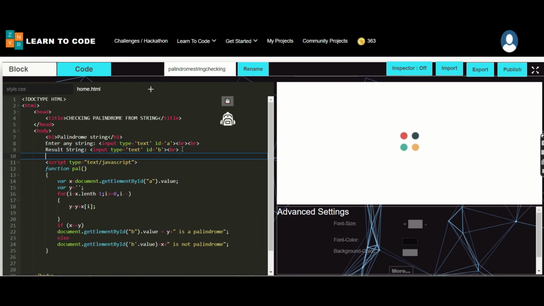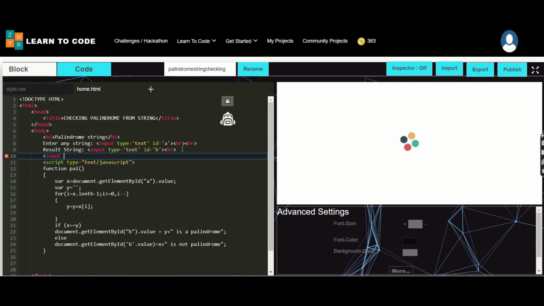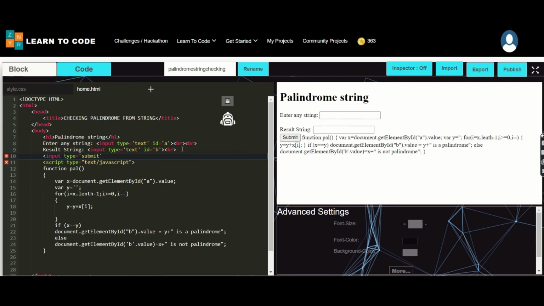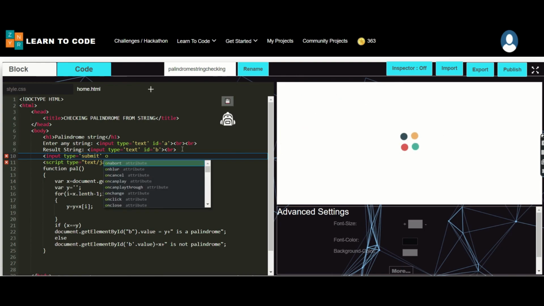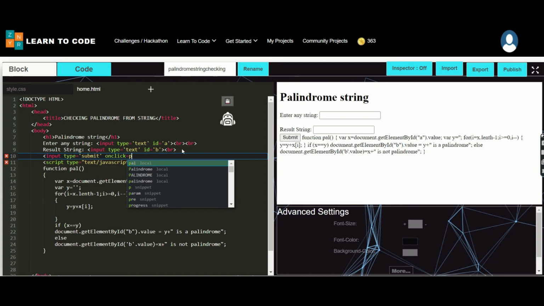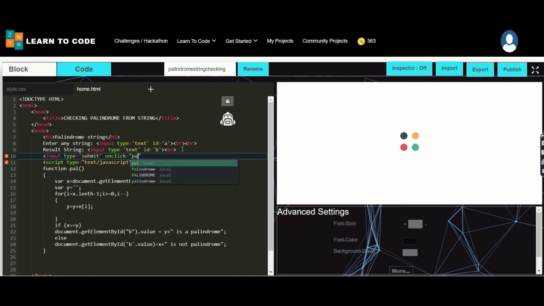For this I'm going to use my input type. Under the input type I need a submit button. Whenever we click, it should process the poll function. So I'm using poll.